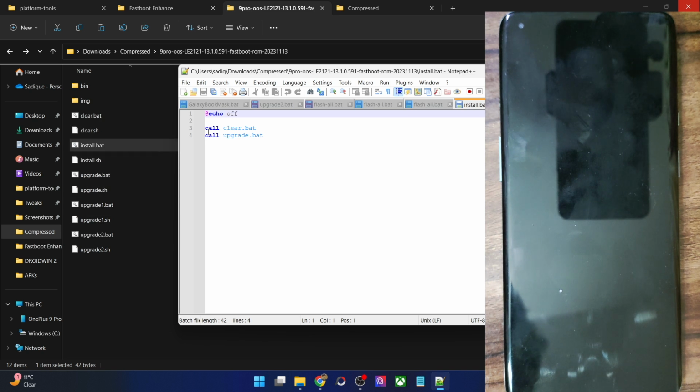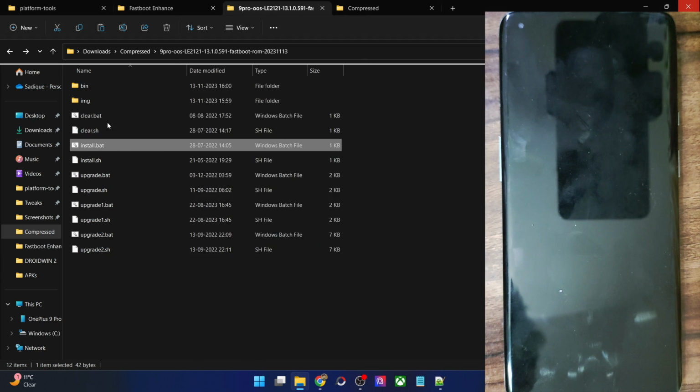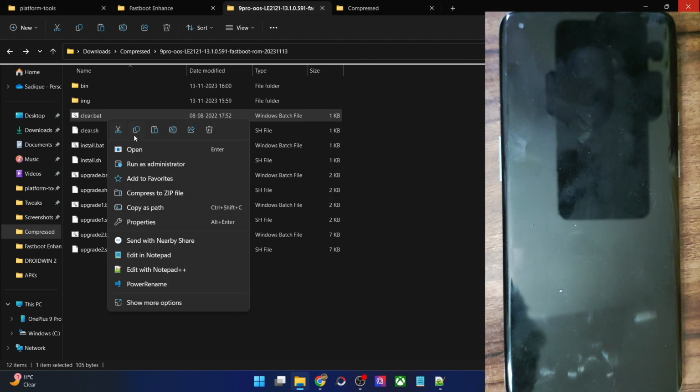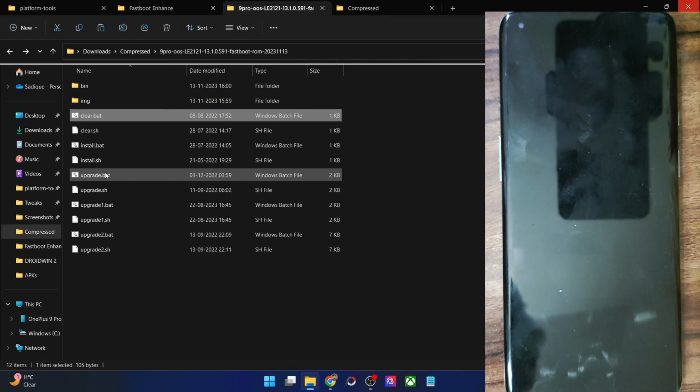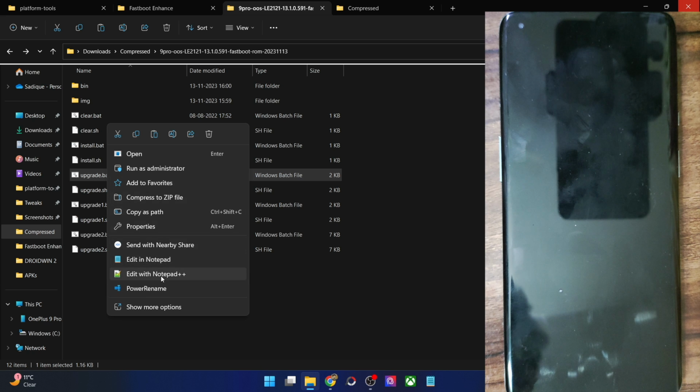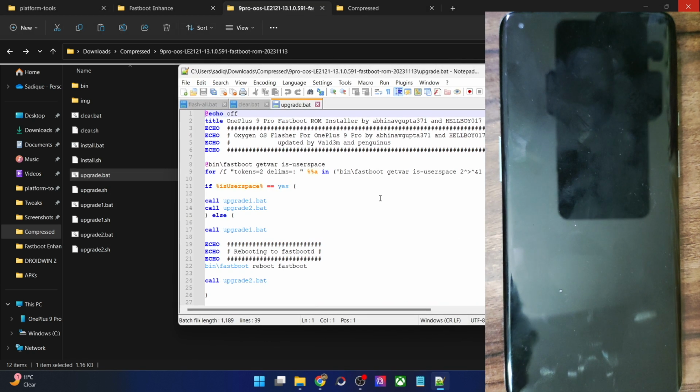First it will call the clear batch file. As soon as you launch the install batch file, it will call this batch file, and this batch file will in turn remove all the data from your phone. That's just it. Once that is done, it will then call the upgrade batch file, which is this one. The upgrade batch file will then call the upgrade 1 batch file and the upgrade 2 batch file.